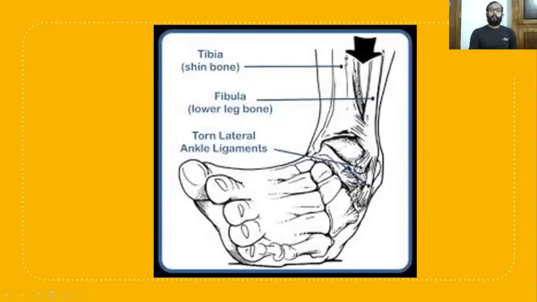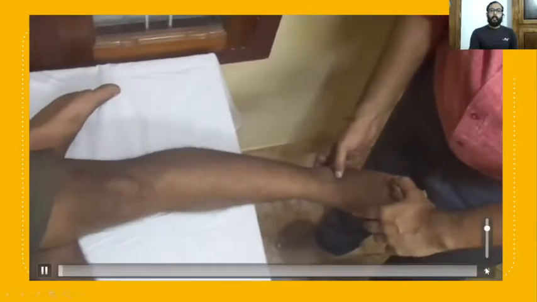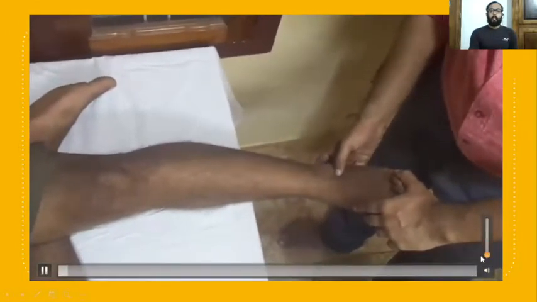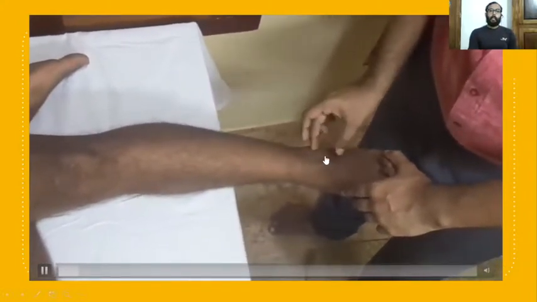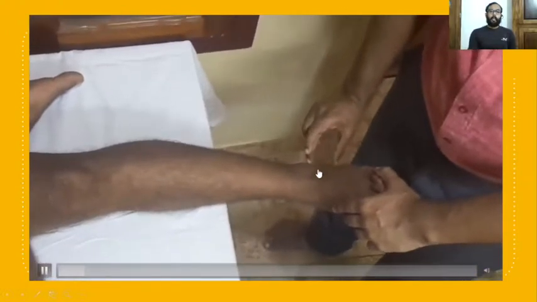The anterior talofibular ligament, the anterior compartment of the lateral collateral ligament, is the most common site of injury in inversion injury. Here we can see the bandage we do in lateral collateral ligament sprain. Here the most common tender point is the anterior talofibular ligament. Here I am explaining the three compartments of the lateral collateral ligament. This is the point of maximum tenderness in the anterior compartment of a lateral collateral ligament sprain. This is the anterior talofibular ligament.